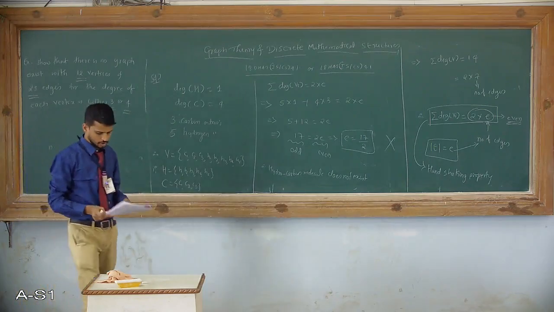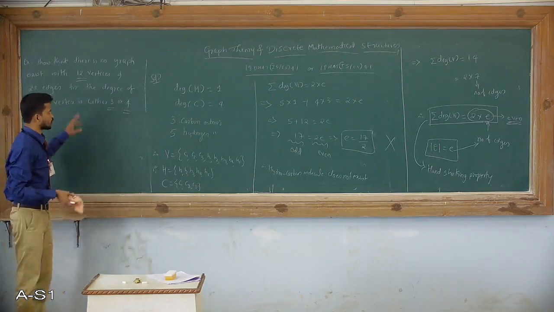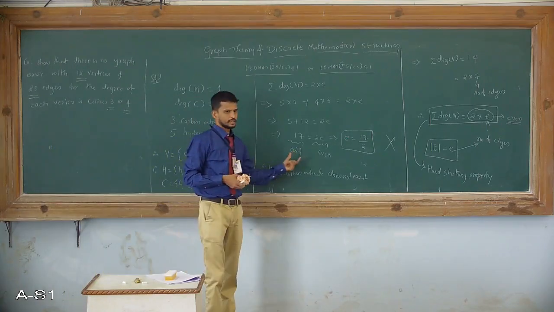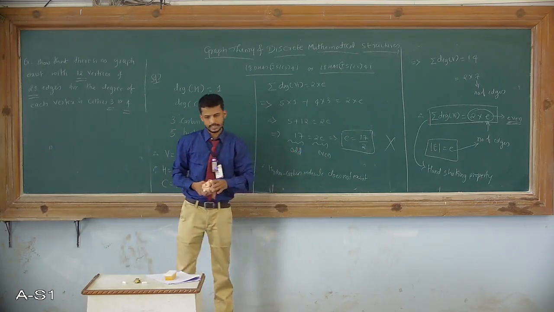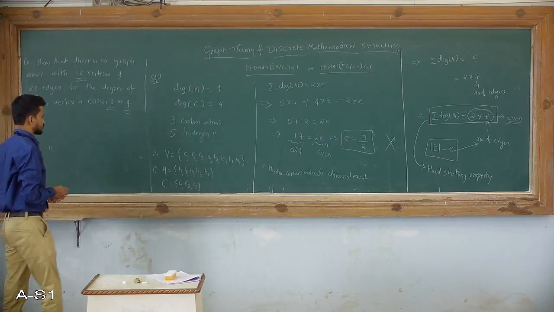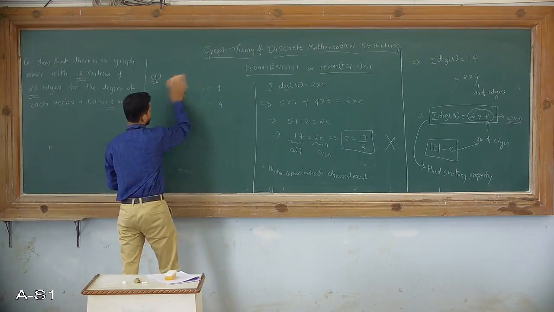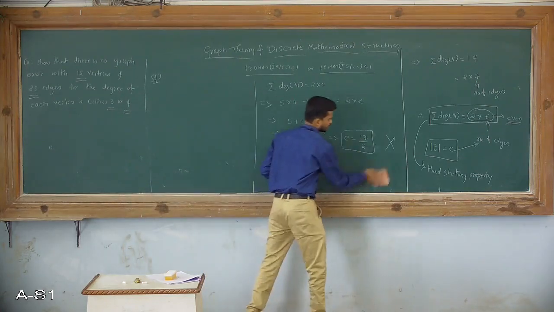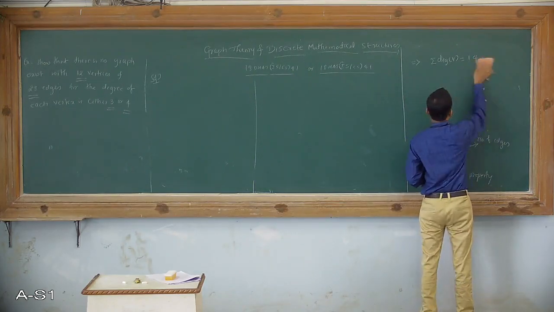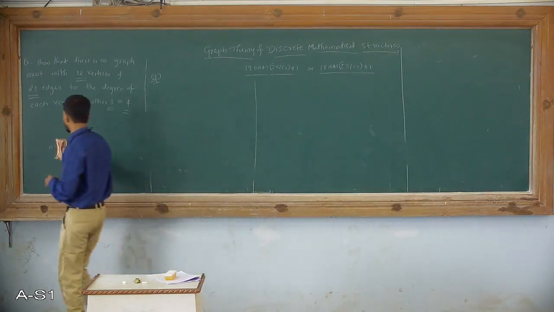In this question, we need to show that it is not possible to draw the graph for the given set of data. Similar to the previous case, where we showed that the left hand side is an odd number and the right hand side is an even number, it is enough to show a similar case. But the question is in a different format, so the solution can also be written in a different format, not similar to the previous question. First, we need to write down the given set of data, what is required to calculate whether the graph exists or not.